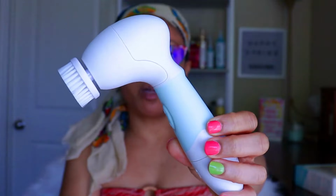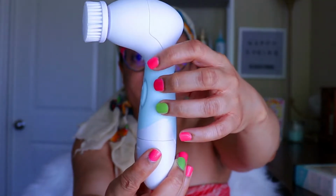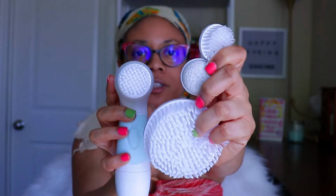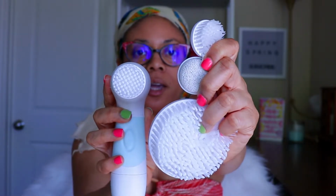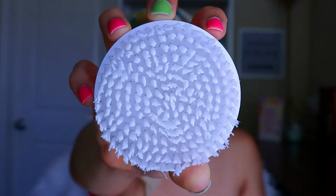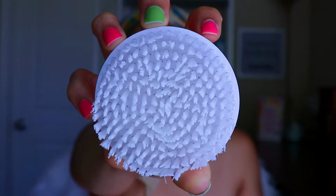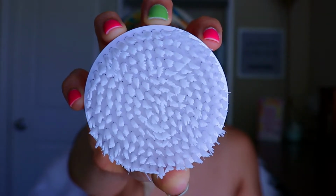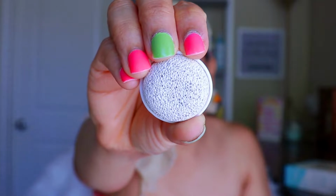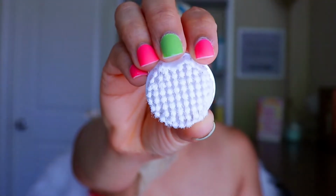So this is the brush up close. It does have a non-slip grip, which I do like, so it doesn't slip out of my hand as I'm using the device on my face. These are the interchangeable brush head attachments that come with it. It comes with the body brush, which is great for your chest and your back. If you have sensitive skin, this is perfect because it is very cleansing, but it's gentle at the same time on your back and across your chest. You have your pumice stone for your knees, feet, and elbows, your daily gentle cleansing brush, your exfoliation brush head,